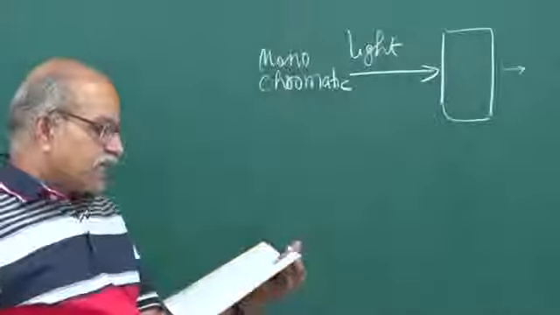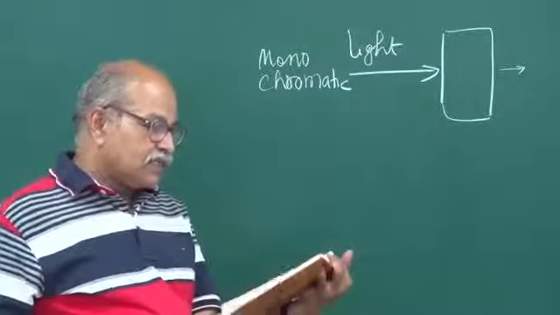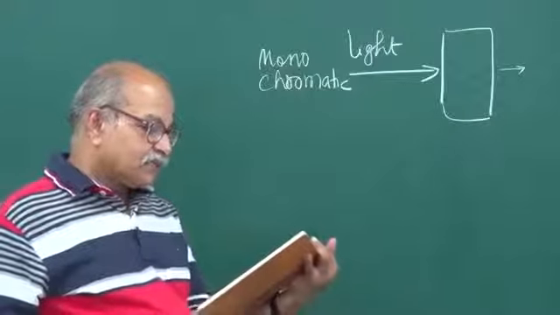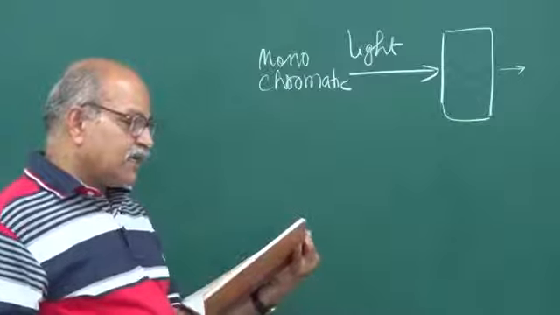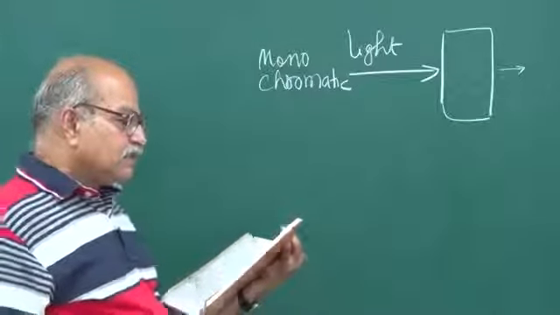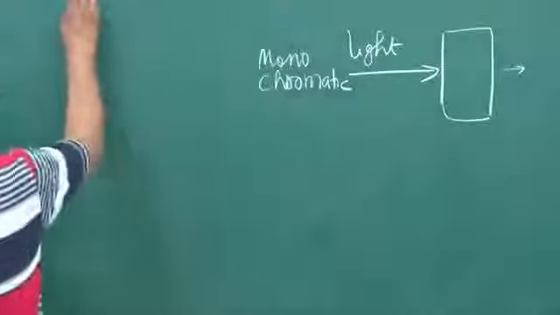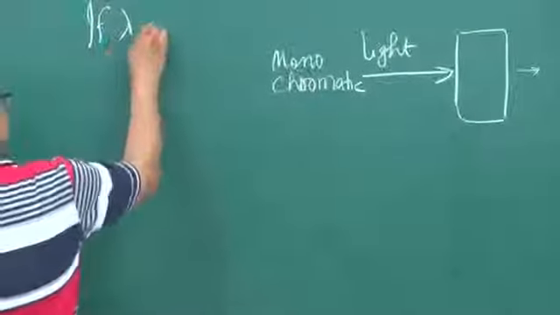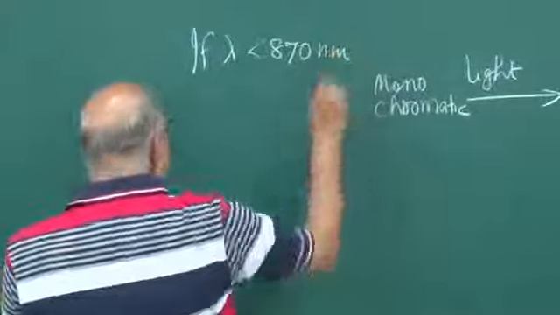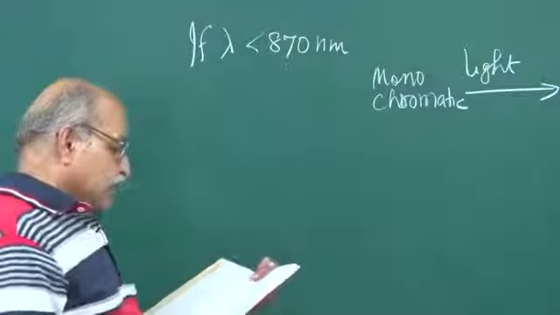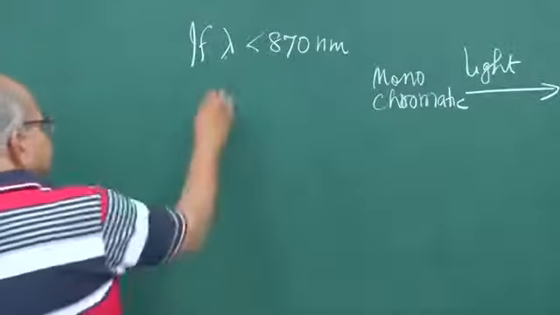So, the problem says that a monochromatic light is made to fall on a semiconductor, and it is found that if wavelength is less than 870 nanometers, the semiconductor is opaque,